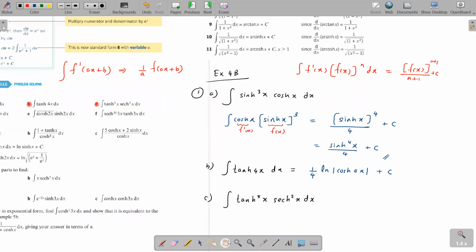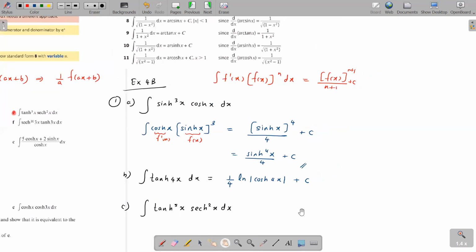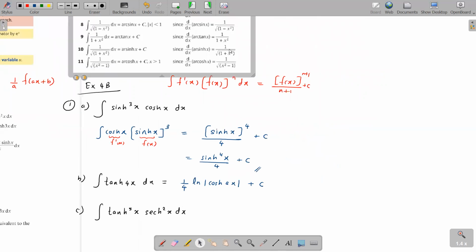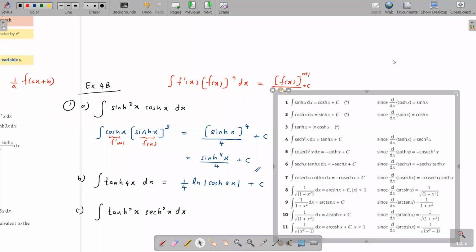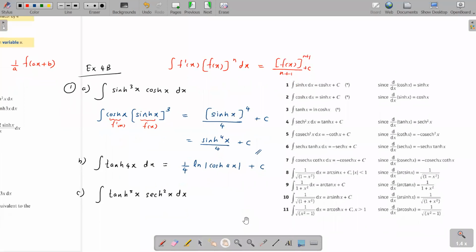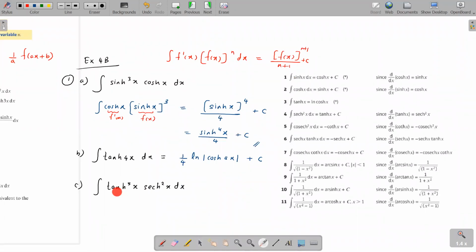Okay, what do we do here now? Definitely we don't have any rule like this, right? Definitely there's no rule that looks like this in our formula. Okay, so what do we do here? So now you can see here tan also has the power and the sec also has the power. However, just go through the